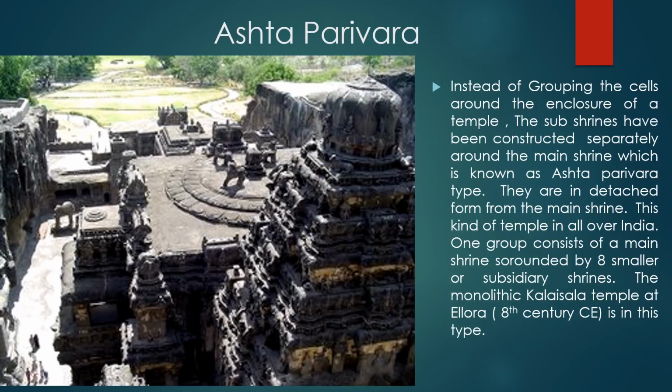It has certain similarities with the Lokeshwara temple at Pattadakal. There are 4 main parts in this temple, namely the main shrine, the entrance gateway to the west, the Nandi shrine in between, and cloisters around the courtyard. So this is a very important temple of 8th century AD of Ashtaparivara type.